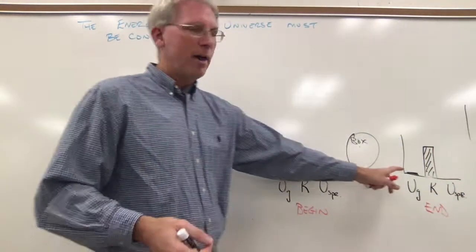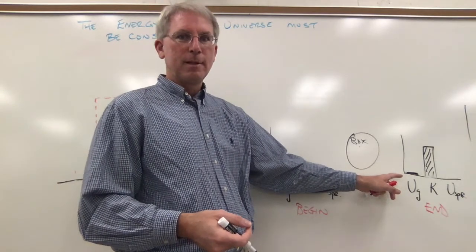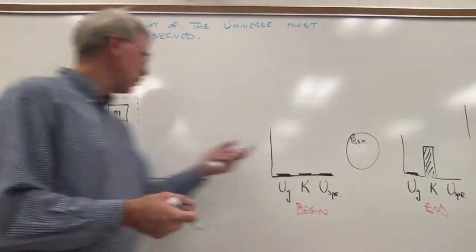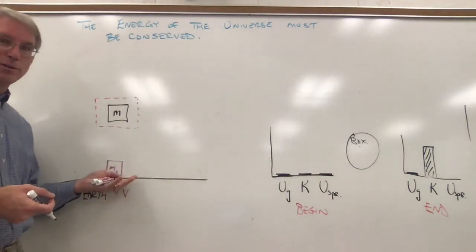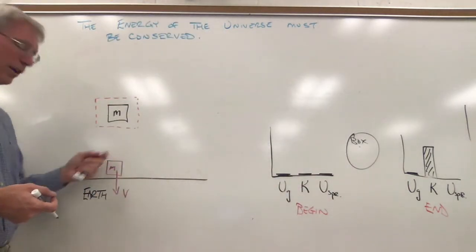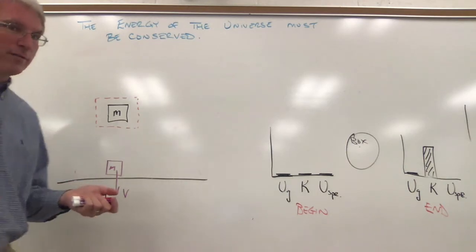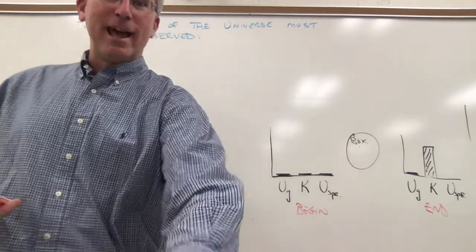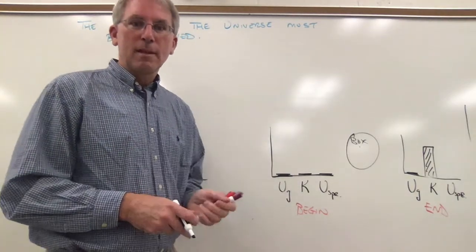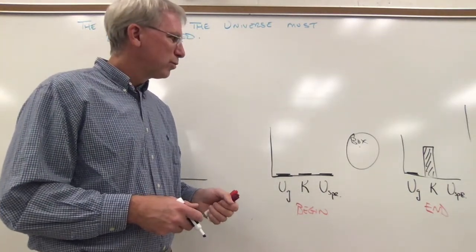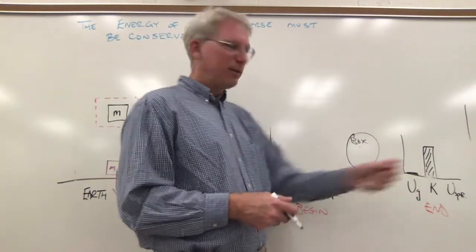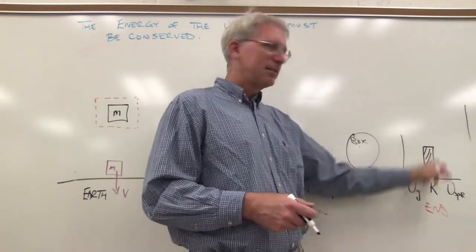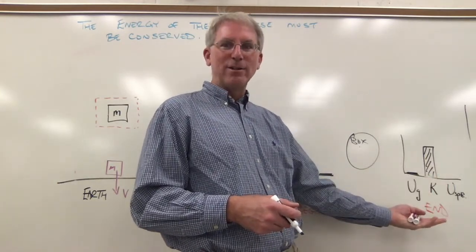There's still no other object in my system. So I can't have any potential energy, right? It's just a box. The box is now closer to this thing called Earth. But the Earth is not part of my system, so I don't have any potential energy like that. So where did this energy come from? It looks like I started off with no energy, and now I've got some amount of kinetic energy that